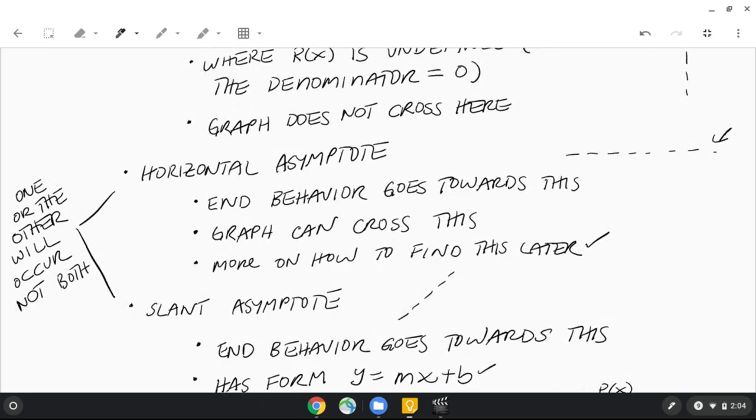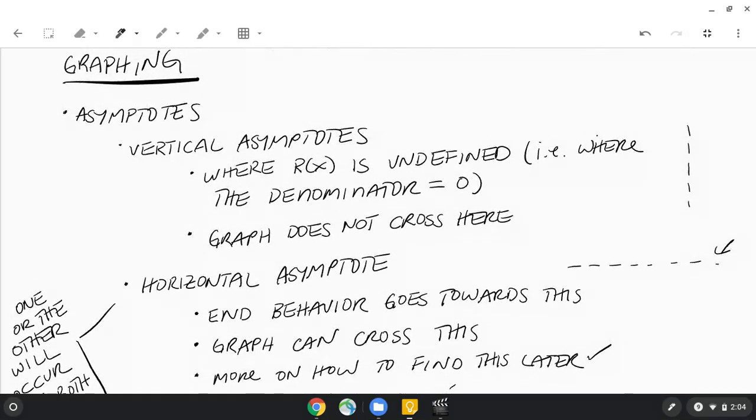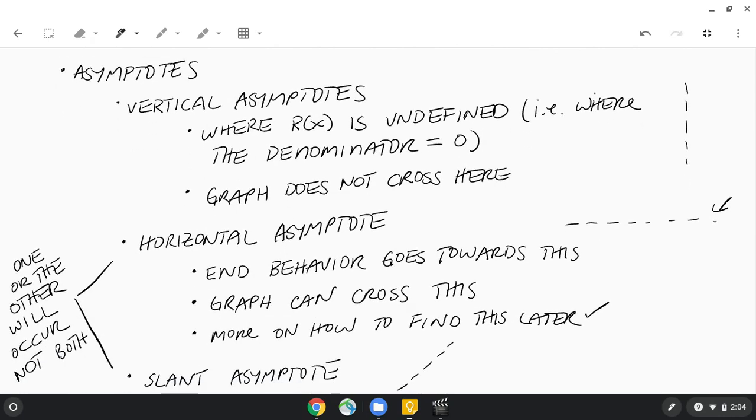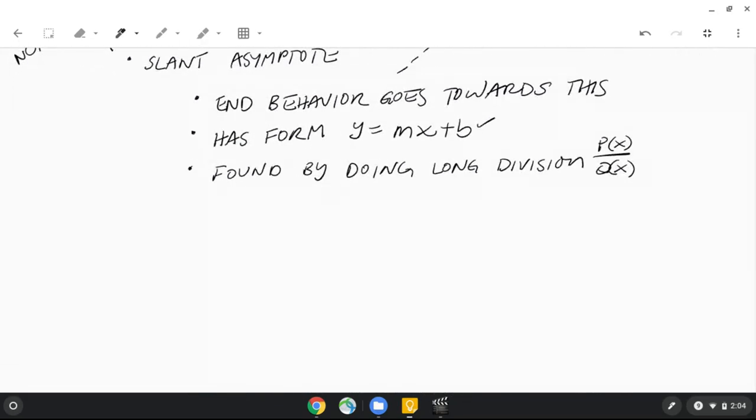All right. So when we're graphing, we're going to be looking for our different vertical, horizontal, slant asymptotes. Okay. And once we do that, then what we end up doing is making a table of points for each section, and I'll explain the sections in a minute. Okay, so what happens is